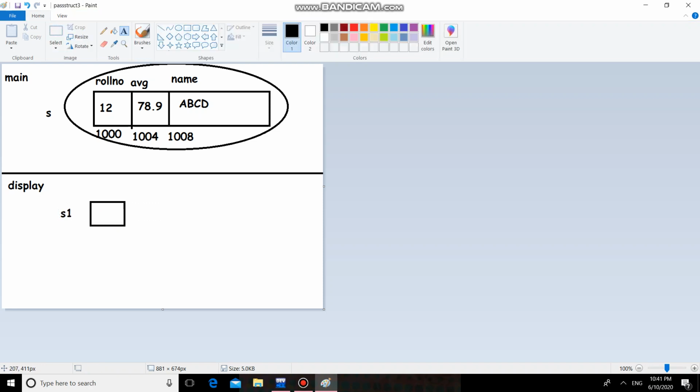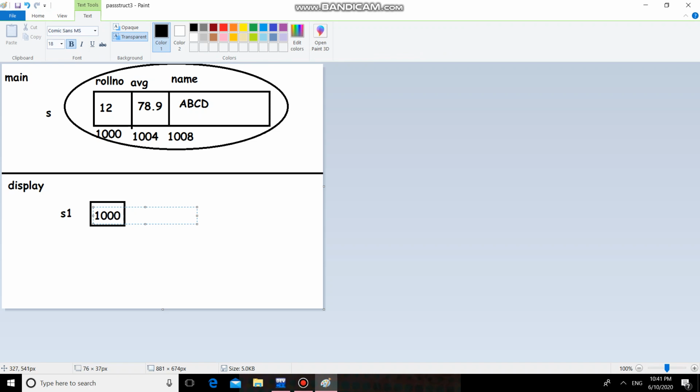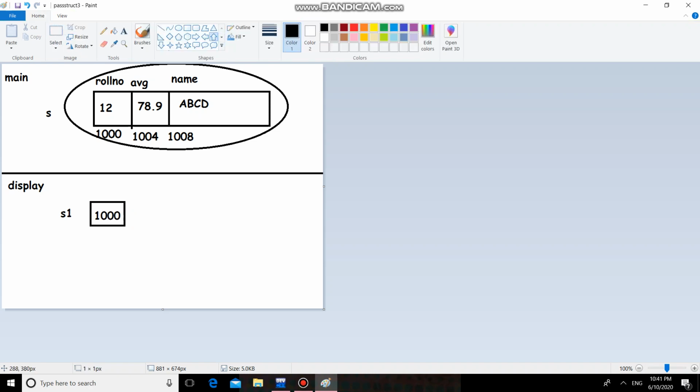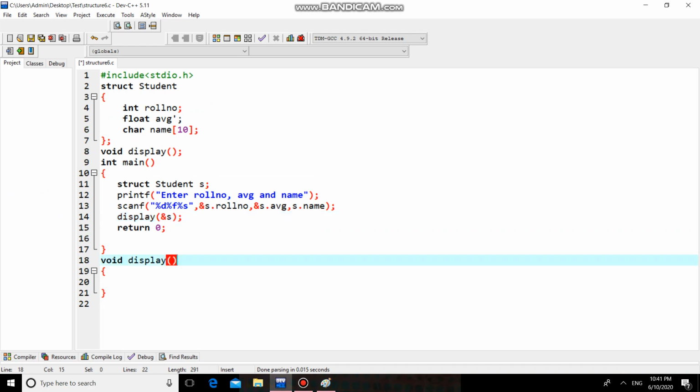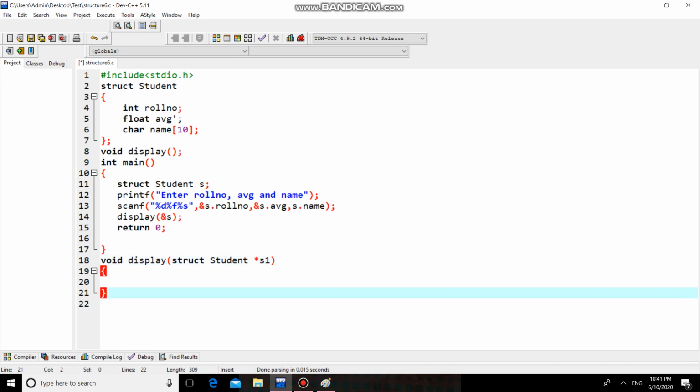Consider ys1 is a structure pointer and 1000 is collected over there. So ys1 is pointing to ys because 1000 is the base address of ys. So this will be the scenario, and the address will be collected in the ys1 structure pointer.